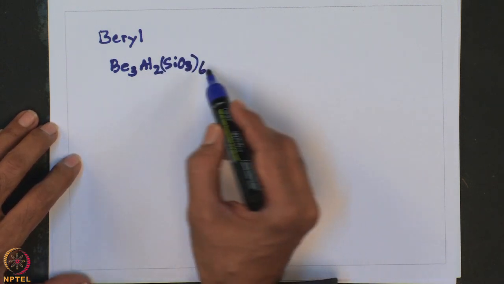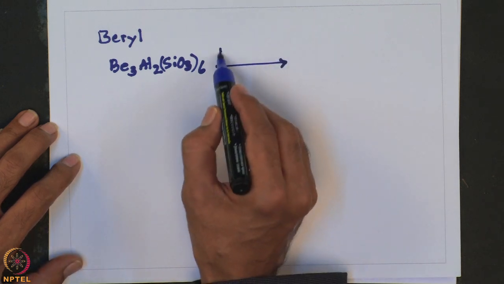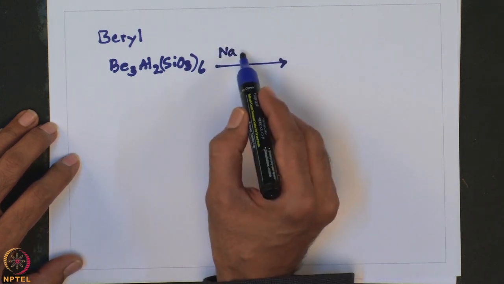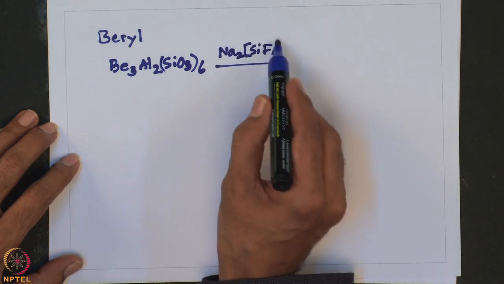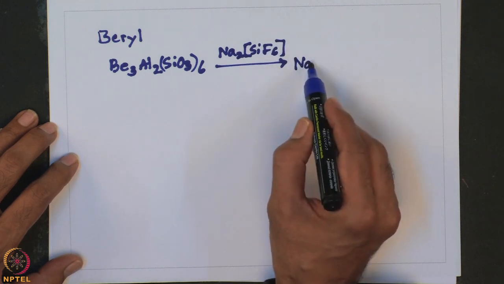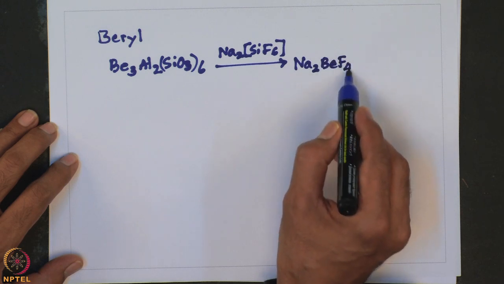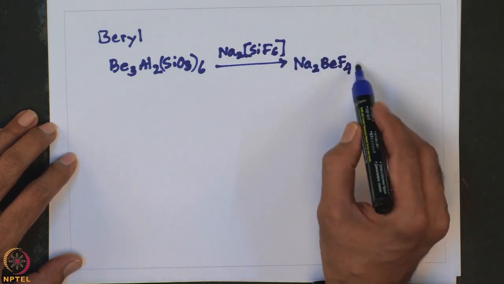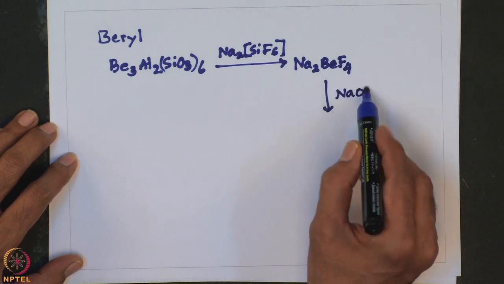So, first it has to be treated with sodium hexafluorosilicate. Okay. So, it gives Na2BeF4. So, it acts as a fluorinating agent, and then this is treated with sodium hydroxide,